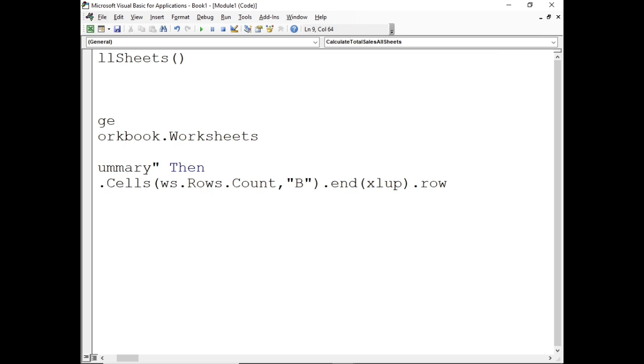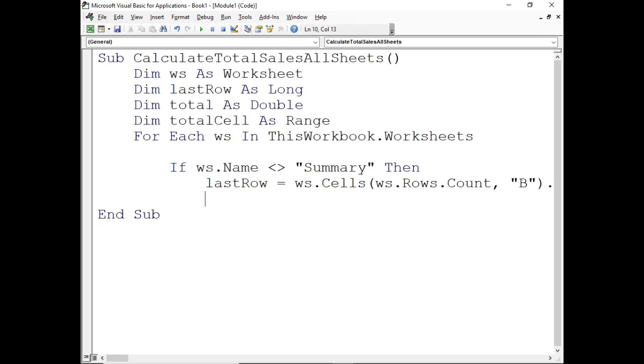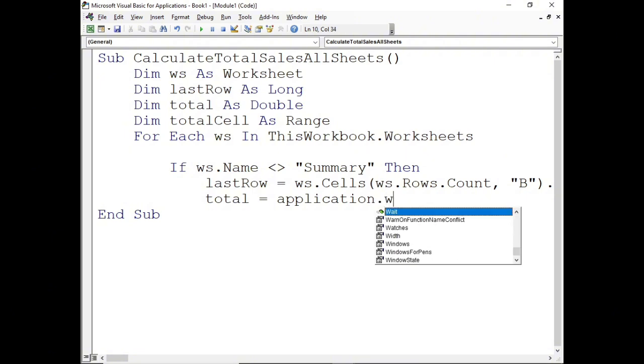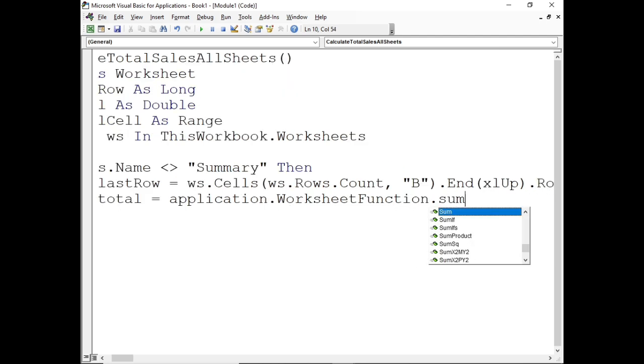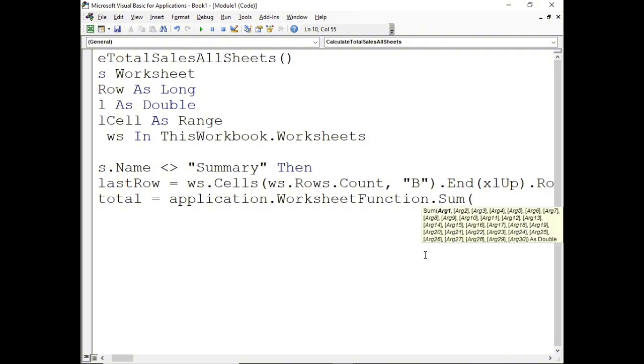And then enter. Then now I'm gonna calculate the total sales. Okay, so I'm gonna say total equal sign application dot worksheet function, because I'm gonna use the worksheet function dot sum. Okay, we're gonna get the total, so I'm gonna use the sum function, and then open parenthesis, then ws dot